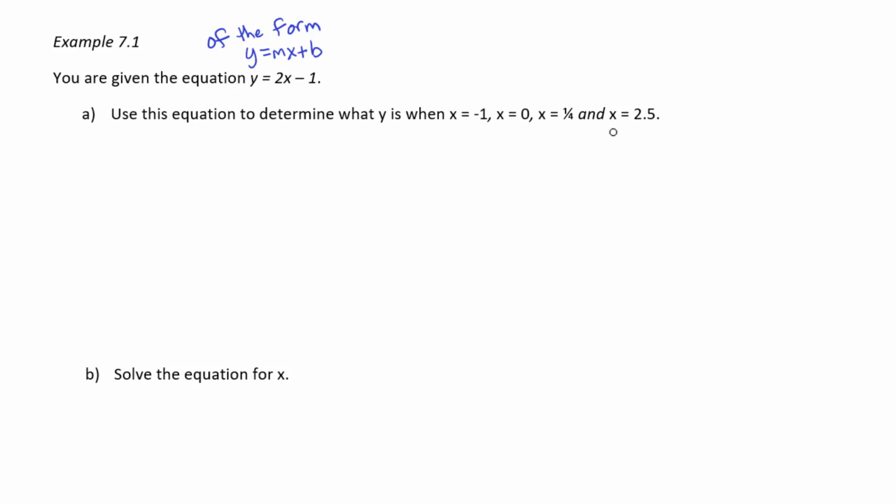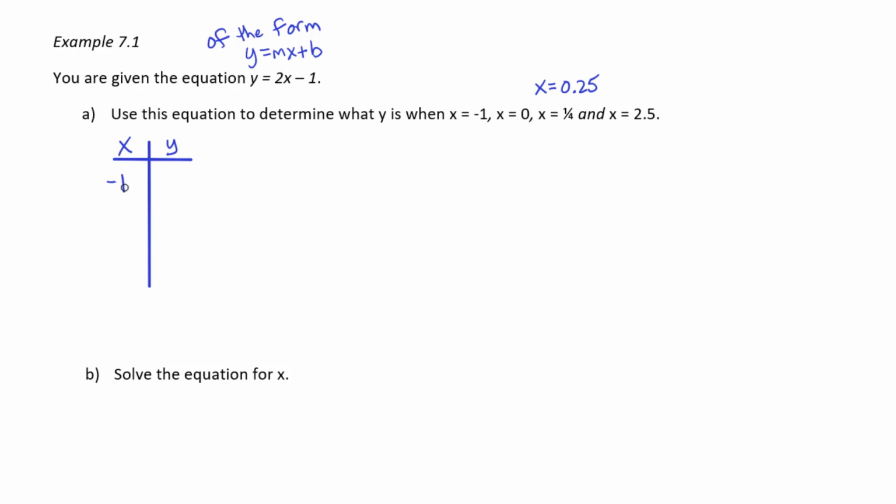So this is reminding us that we can use an equation like this on any type of number. We can plug in a negative number, we can plug in a 0, we can plug in a fraction. This x equals 1/4 we could plug in as a fraction, or we could plug in its decimal form. If you divide 1 divided by 4, you get 0.25. In order to gather our results, I'm going to just build a little table. We're going to be plugging in values of x and calculating values of y.